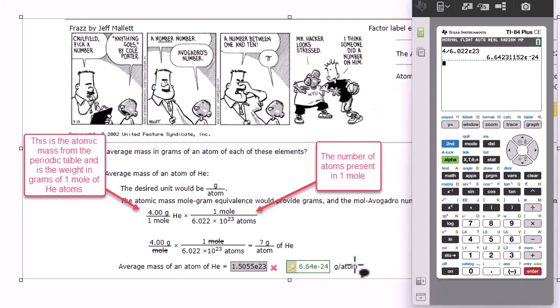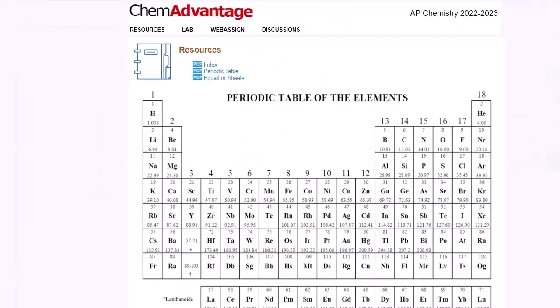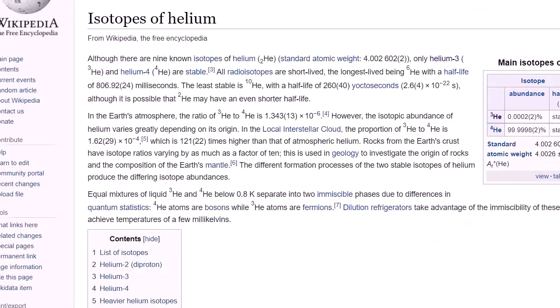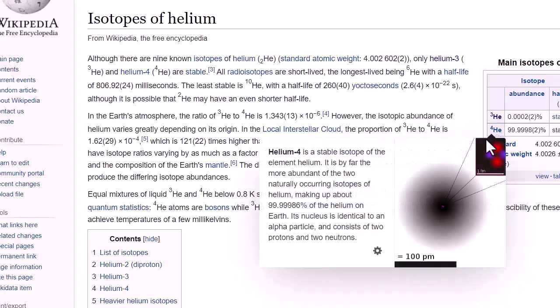Now, a quick thing while we're dealing with this. This is the average mass. When you have a bunch of helium here on Earth, let me get to helium again. It is a mixture of a couple of different isotopes which are stable. There's helium-4, which is the more common one. In fact, you'll see that it ends up having 2 protons and 2 neutrons, and it's